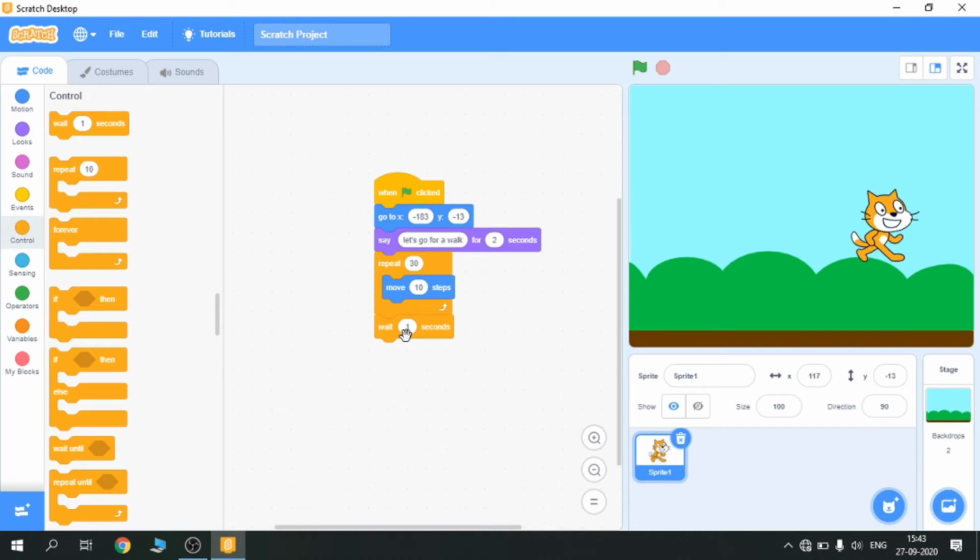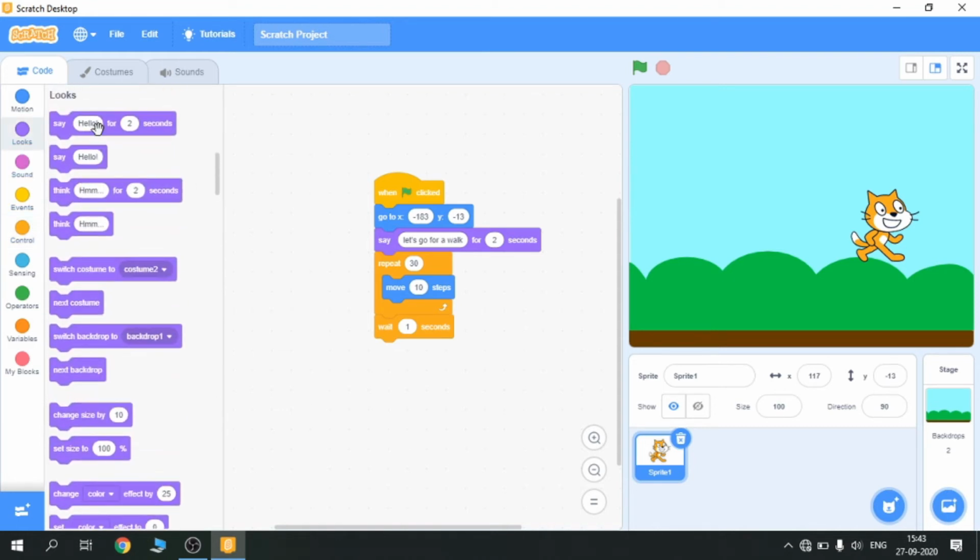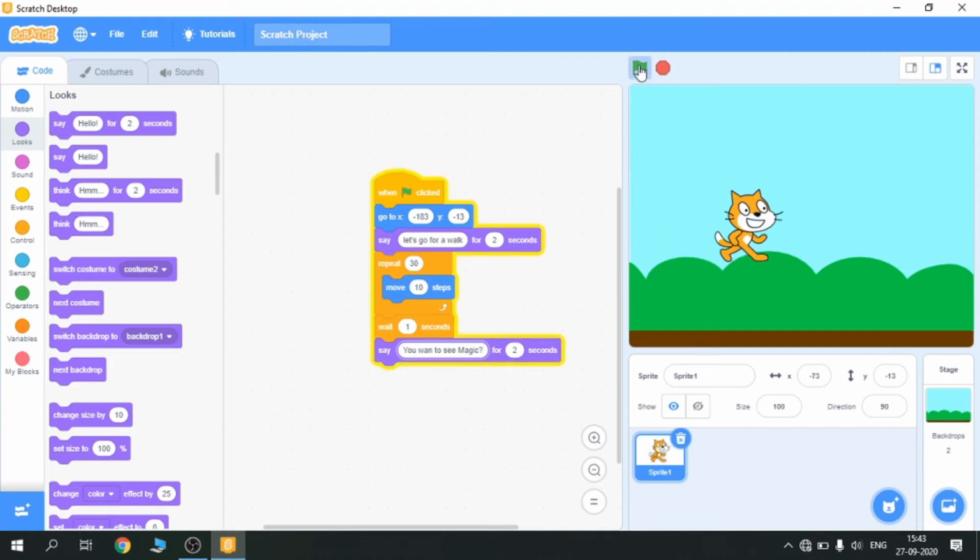I will put wait every time because it will make it clearer how it is working. Then I am going to looks and say, and replace hello with you want to see magic. So have a look. He is saying let's go for a walk, moving 10 steps ahead and saying you want to see magic.